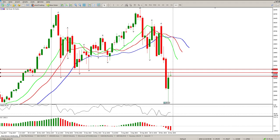This is an inside bar with a tail on the weekly, so there were some buyers that stepped in during the close of last year. But I'm not entirely convinced that this is a reversal. Okay, this could just be a retest of these breaks, because these breakouts here were fairly significant, especially this one here at